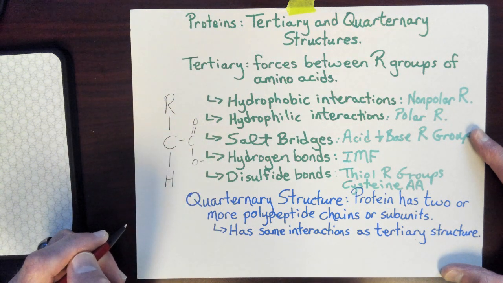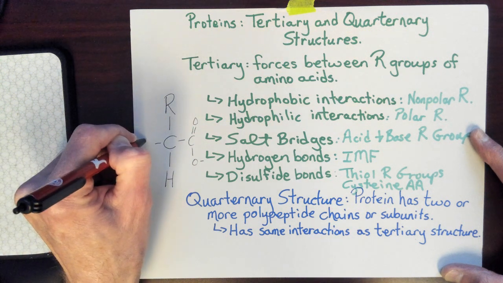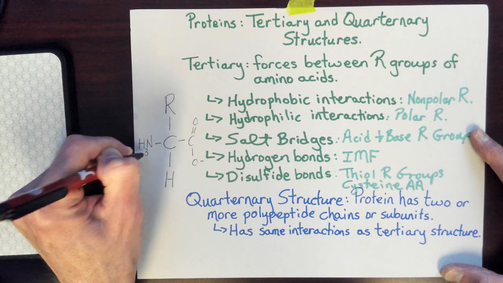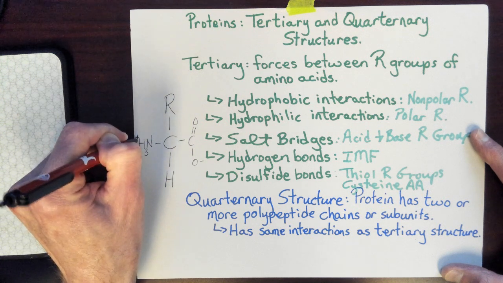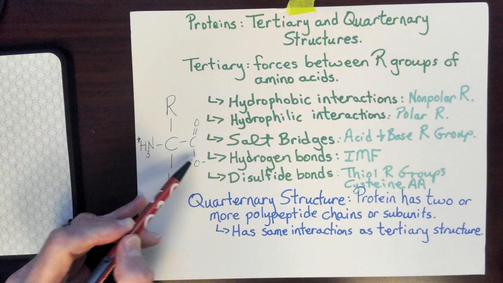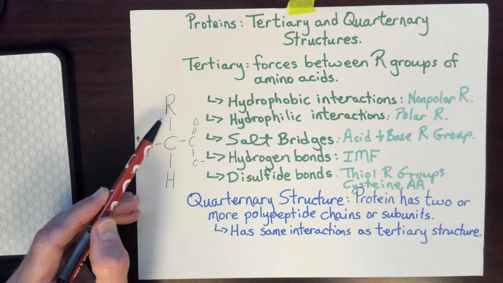Okay, what we call the carboxylate group. And on the opposite side we have the ammonium group, okay, with a positive charge. So we have the ammonium group, carboxylate group, we have our hydrogen, and we have our specialized R group